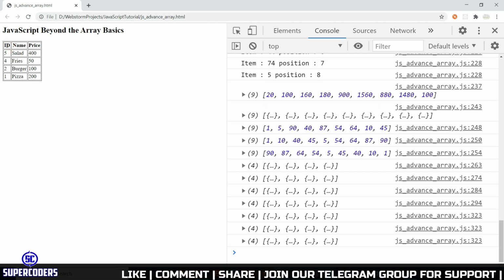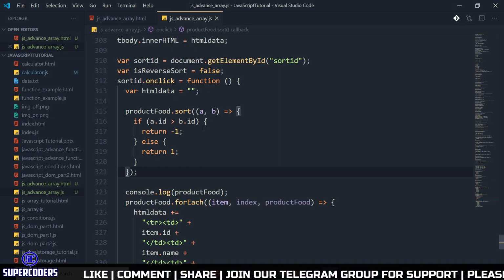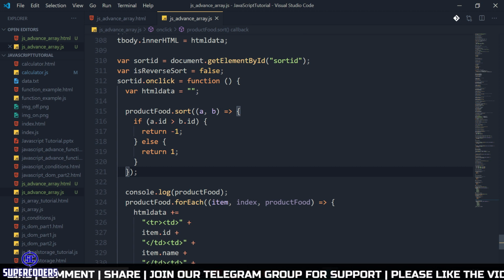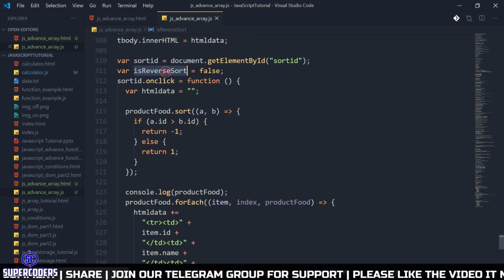Now we need to work on reverse sort. So again back to VS Code. Here what actually happened is that again and again this value gets updated. So we need to fix it.